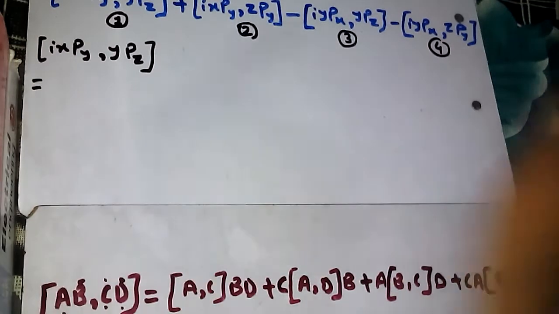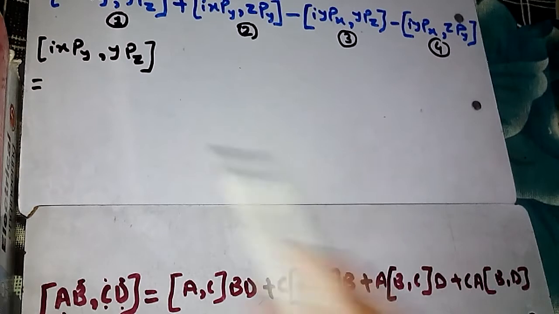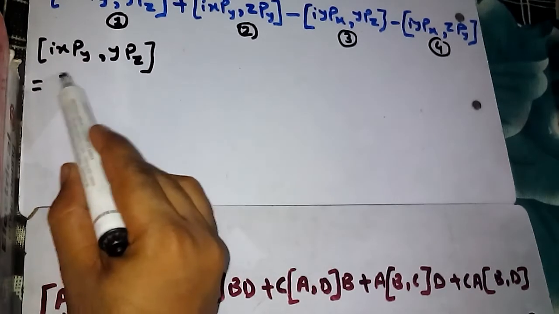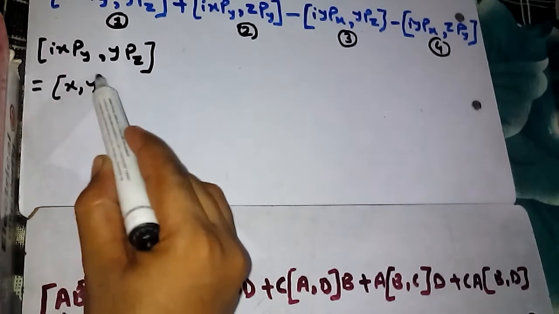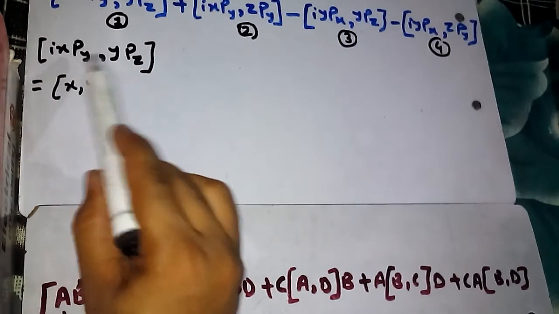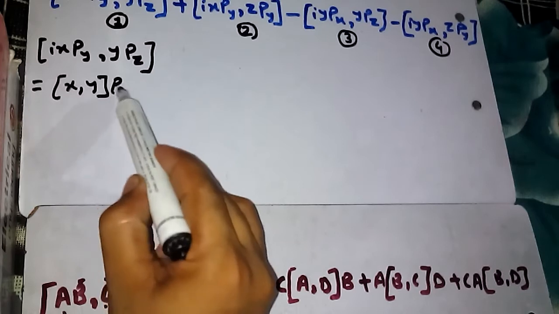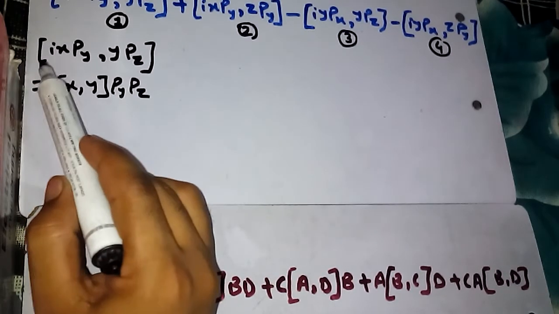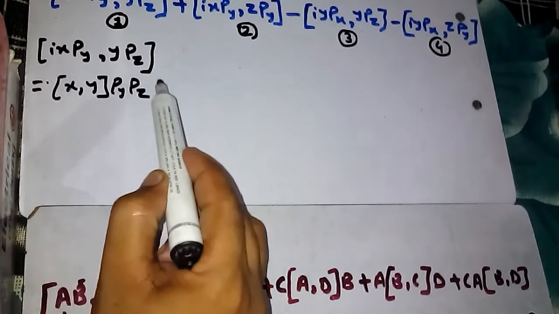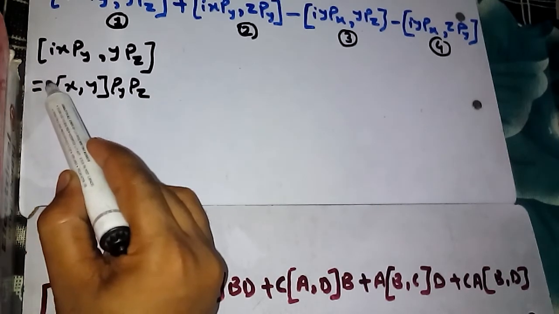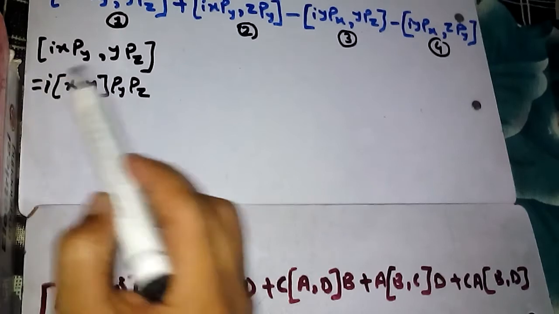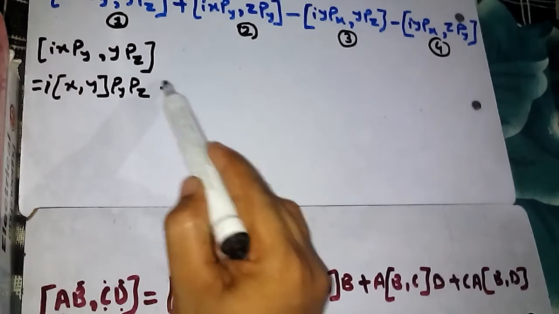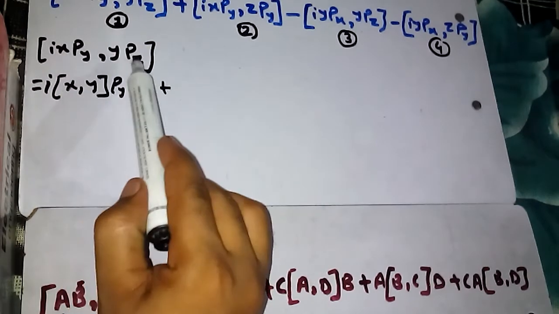Now i is a constant, so first we will do the commutation of x and y; py and pz will come outside, and since i is a constant it can come to the left or to the right, but I will always take it to the left, it is i. Okay, then plus commutation of x and pz,